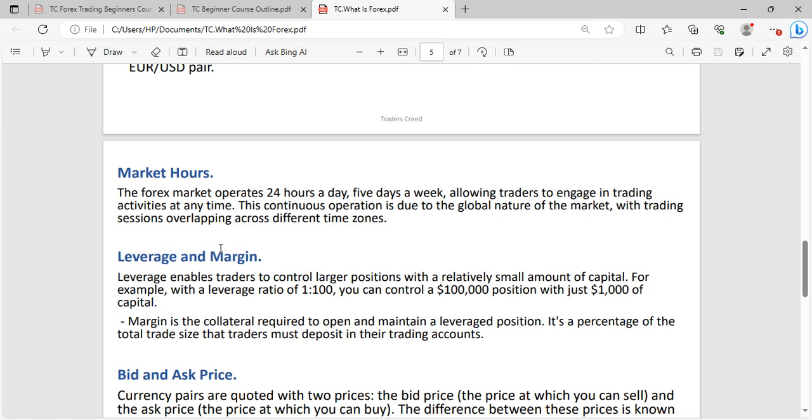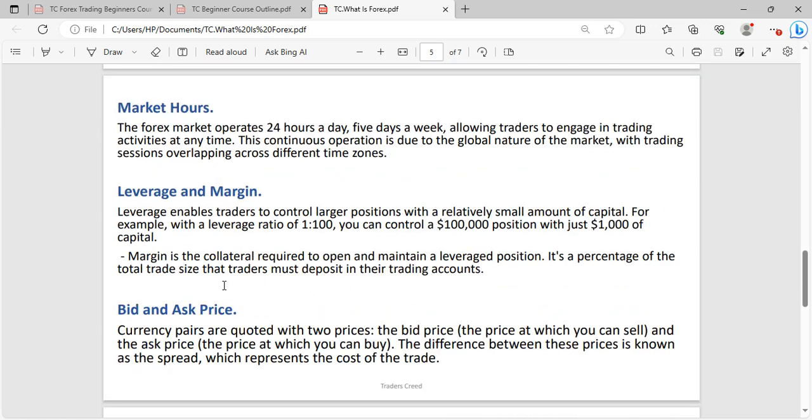Even when, let's say, there's a US bank holiday, it will still continue. It's just that the price will probably be slow that day, and USD will be weak. But any pair that has the Japanese yen will still trade because Japanese banks are open. The forex market will not close because US banks are closed. So long as there's a bank open, it will be open. So basically that's the reason why it's 24 hours a day and 5 days a week.